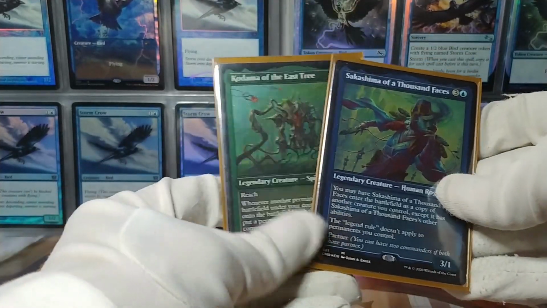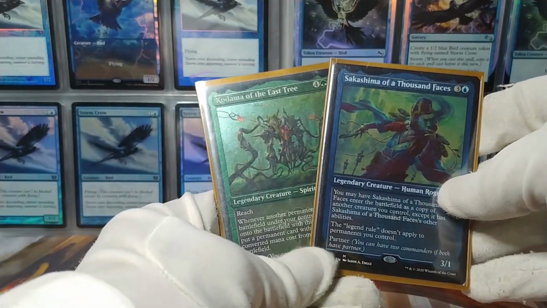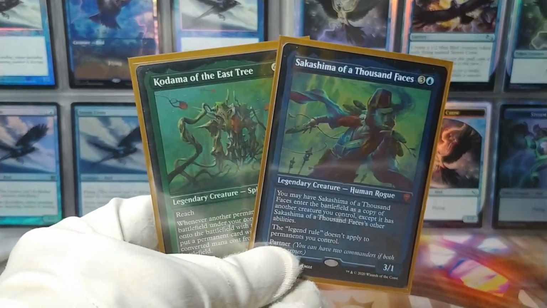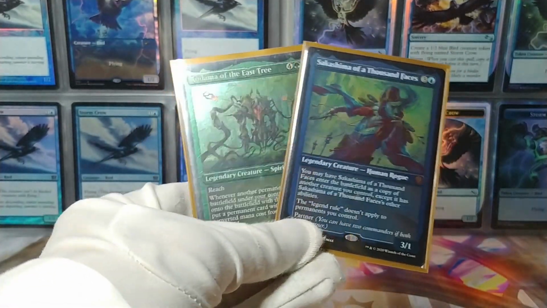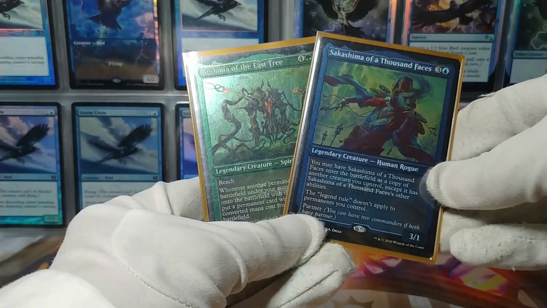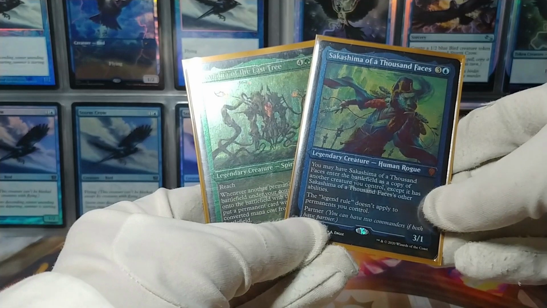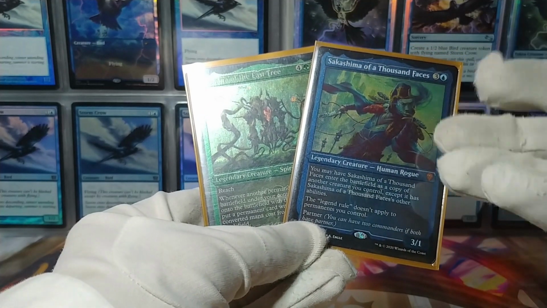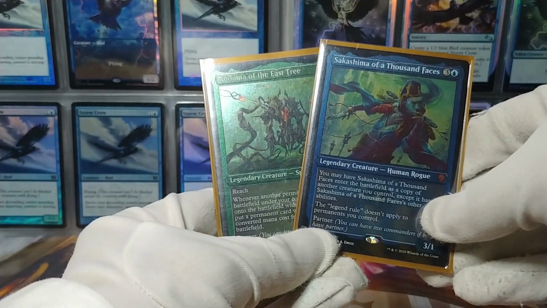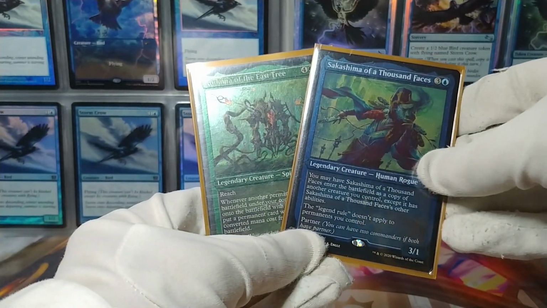This is Sakashima of 1,000 Faces and Kodama of the East Tree. So these are alternate commanders to the ones that I actually use. Sakashima enters as a copy of another creature you control, except it still has Sakashima's other abilities, and the legend rule no longer applies to your permanent, so you can make Sakashima a copy